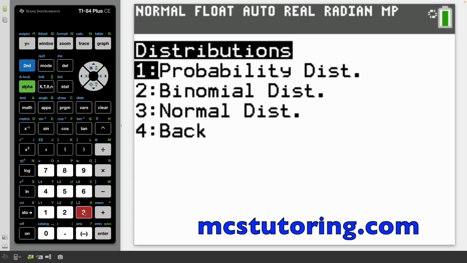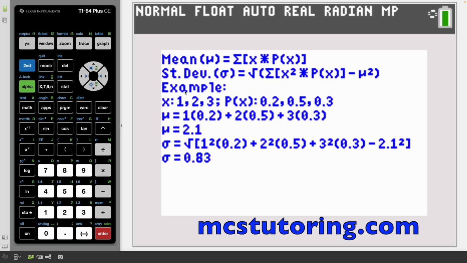Let's talk about distributions. Let's talk about a probability distribution. So the mean, mu, this looks like a cross between an M and a U. It's actually a Greek letter mu. So it's the sigma, which means the sum. That's what this Greek letter means, capital sigma. X times probability of X. So standard deviation,